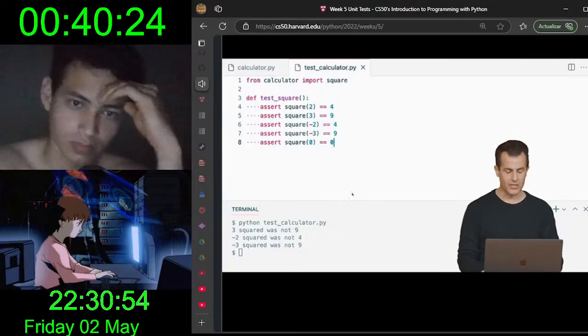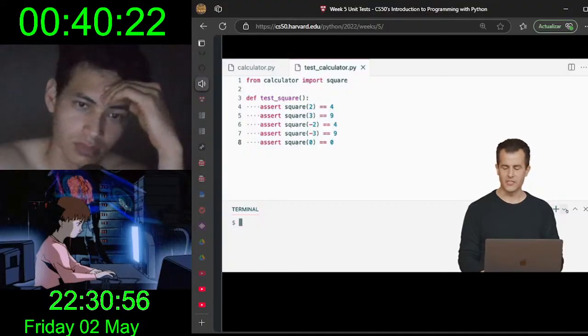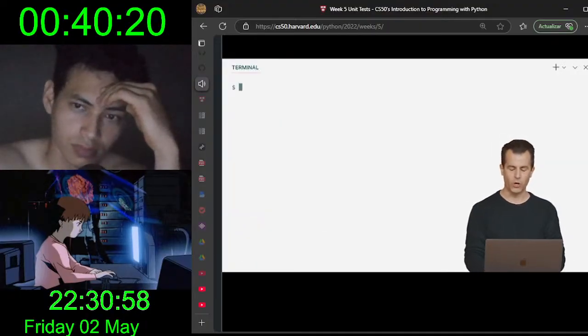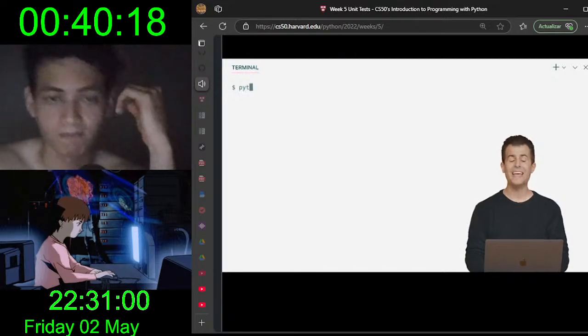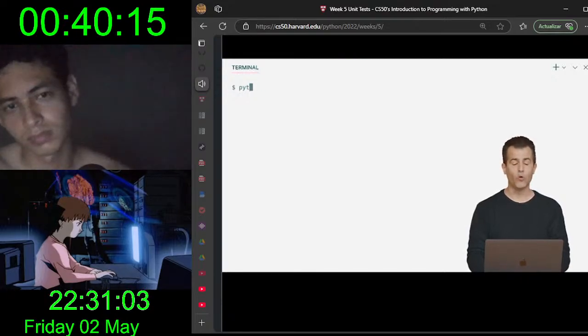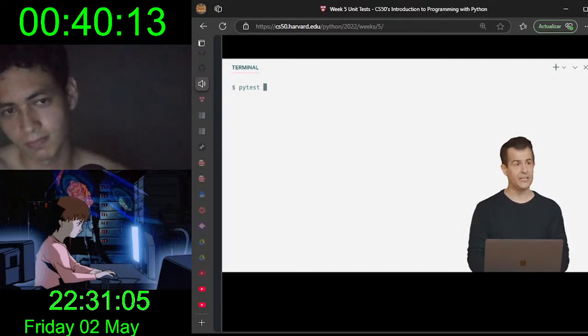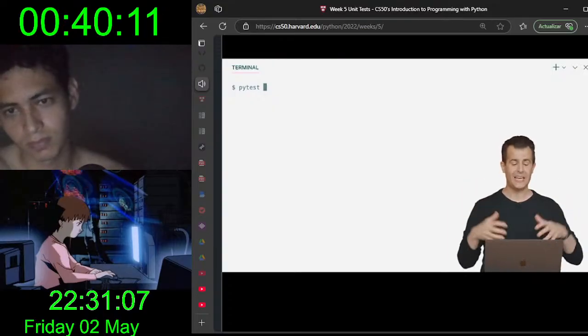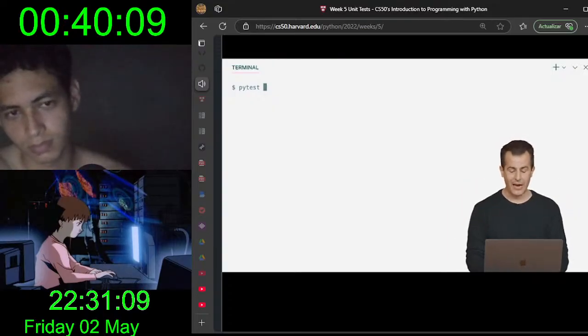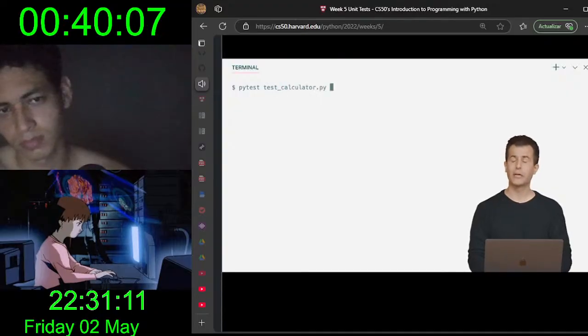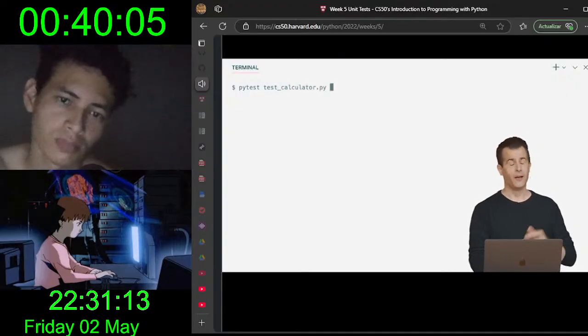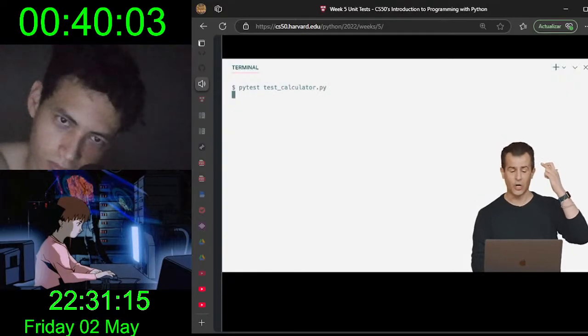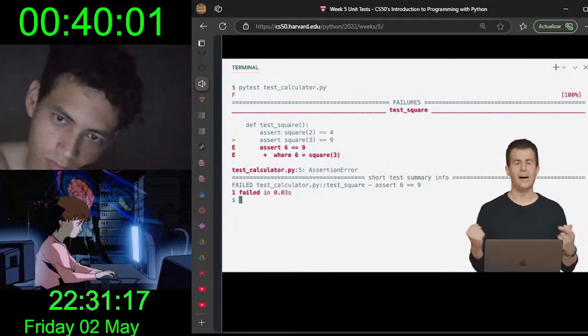So let me go ahead and do this. I'm going to increase the size of my terminal window for a moment, just so we can see more on the screen. And I'm going to run not Python, as I've been doing. I'm going to run PyTest, which again is this third-party tool for running tests in your code. I'm going to run PyTest of test_calculator, so that same file. I'm going to cross my fingers as always and hit enter, and we'll see that something